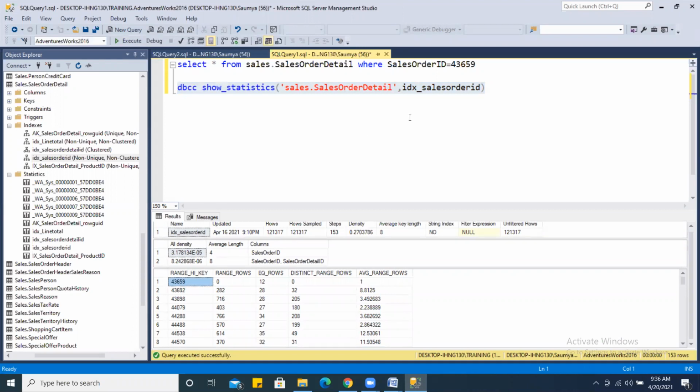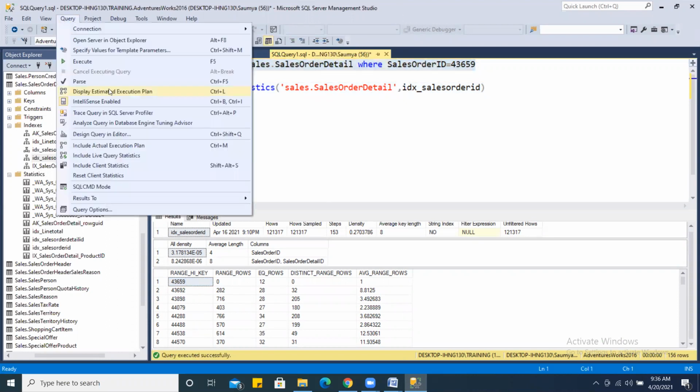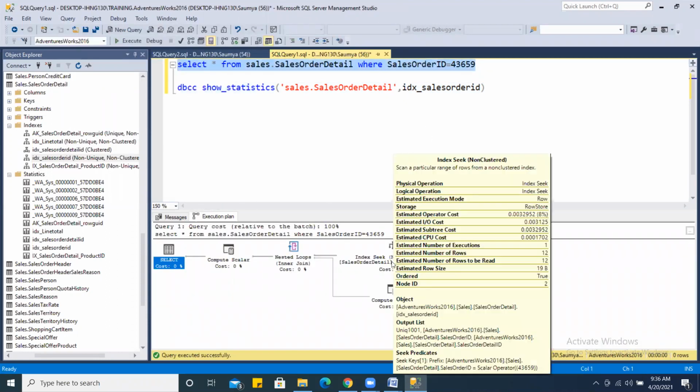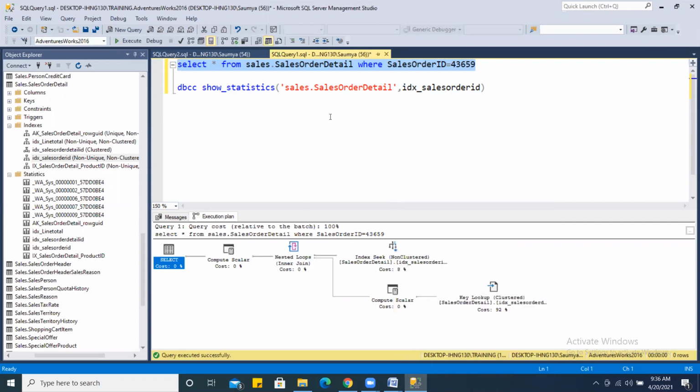Now, how is this estimation done? If I see the estimated execution plan, in this case I see the estimated number of rows to be read is 12. In the first section, from the bottom, in the fourth line, the estimated number of rows to be read is 12. From where is it getting that information? Let us try to find out.